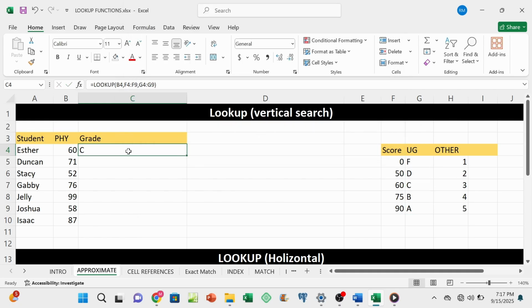Then you're seeing that from 60 it has brought a C. So we have our C here. Then you can just drag down and get the results. Okay, now we have this challenge here. We are seeing that we have this NA, then we have NA here, then we have another 50, which is not among what we want to be